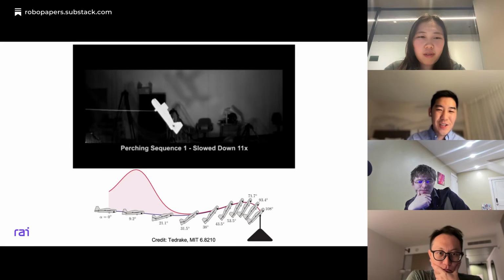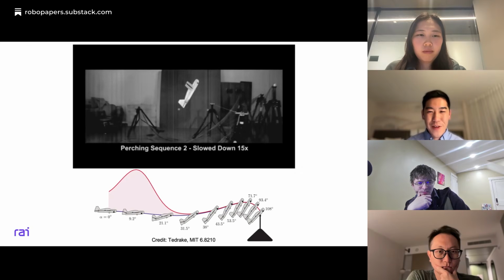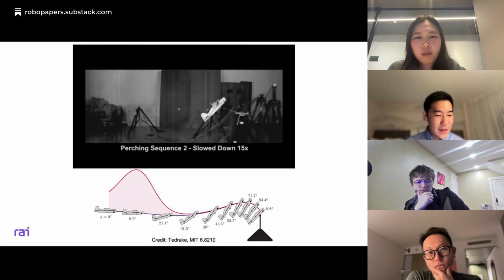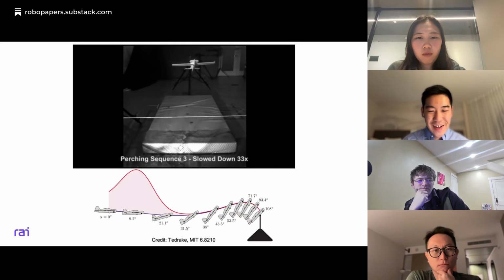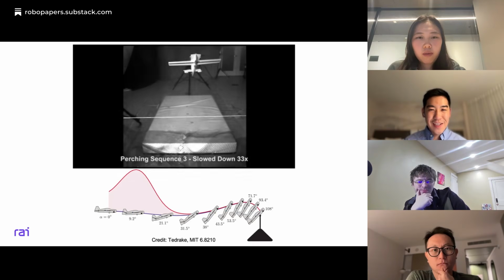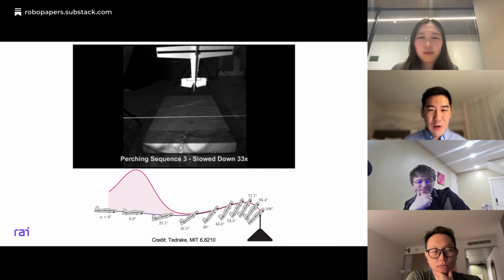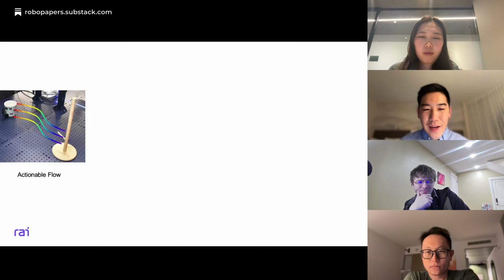You have a glider and it just hangs on this string. If you look at how difficult this task is, I don't think with VLA or with diffusion policies it's that trivial to do it. So I think this is something that reminds me of using math and optimization. Some amazing things can still happen without deep learning, right? I think it's really cool, and the thing behind this is trajectory optimization, right?